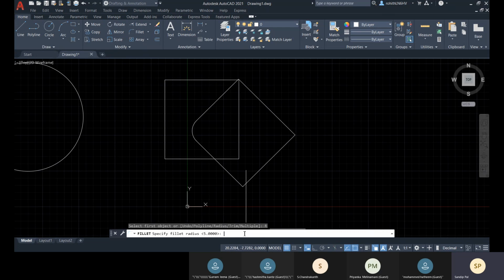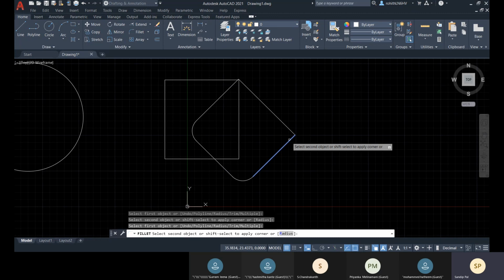So let's go with this radius again, and here let's go with 5 and then go for multiple or M, enter. So within this command line window, here you can see that the multiple option is there. You click on it, and then you can start picking your option. And after specifying your first object, before specifying the second object, you can change the radius. That is possible. Okay, but generally by default you will go with the same radius.